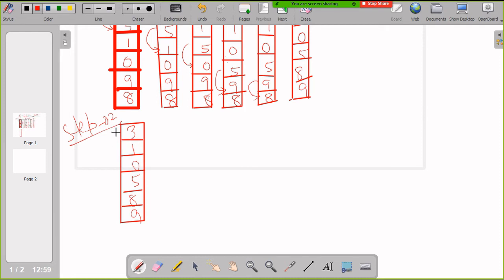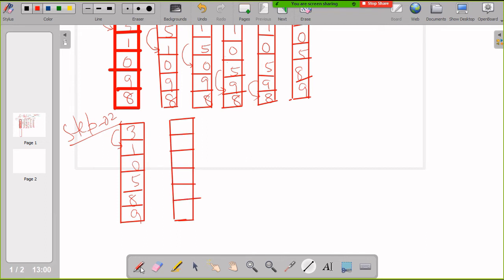In step 2, the process will continue with 3 and 1, and one interchange will take place there. In this way, each and every time all the consecutive elements are compared with each other, and if interchange is required then it takes place, if not required then the elements remain in the same position.